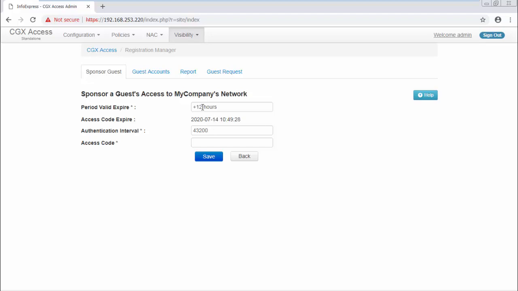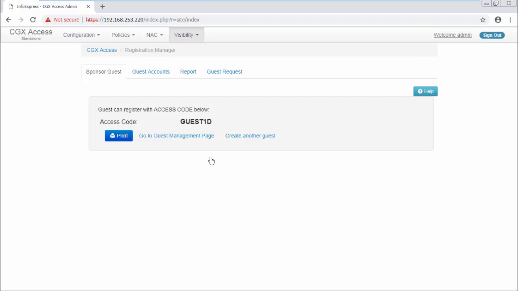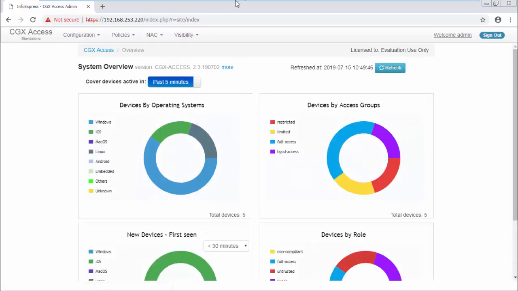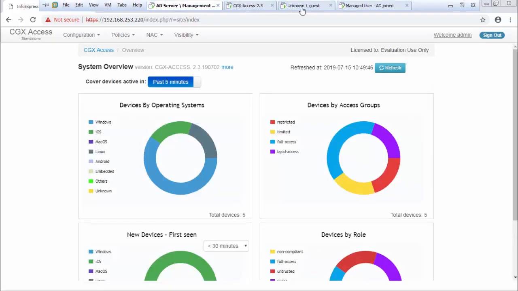So in this case, the default is 12 hours. I can change that if given permission. I'll just go ahead and create an access code, something simple like guest 1 day, and save that. Now I can pass this access code to one or more guests depending upon my settings, and they can use that to register. So let's go back to that XP machine,